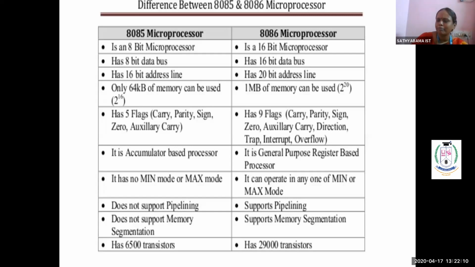What is a single processor? What is a multiple processor? Now, if I want to connect any other processor with 8086, for example a mathematical processor, we used to say it's a co-processor, I can connect it in multiprocessor mode. That means the speed of the processor will increase compared with the minimum mode. Minimum mode means only one processor I can connect. In maximum mode, multiple processors are connected: one will act as a master and another as a slave, or we can say client and host. And in 8085 we don't support pipeline.